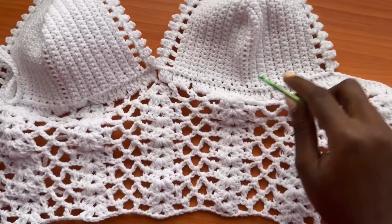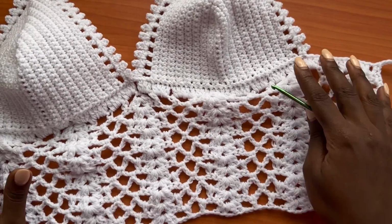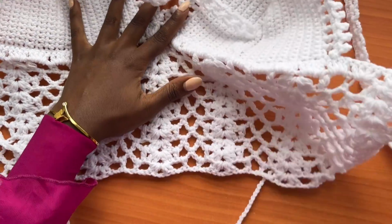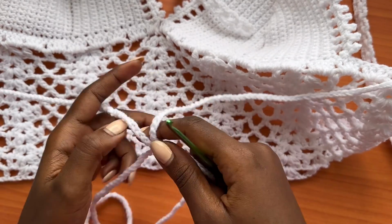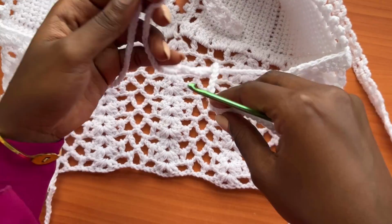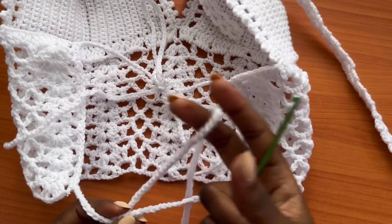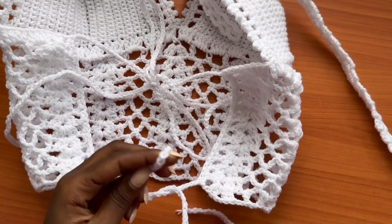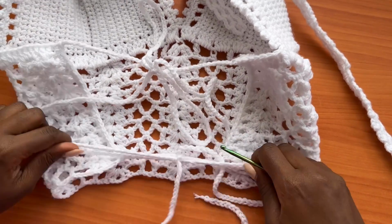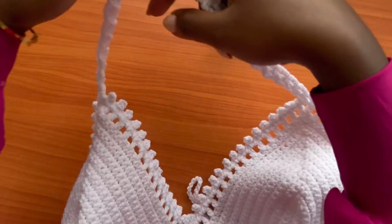Alright guys, so we are done with both sides, and this is exactly what we have. Now the straps that we've created are supposed to tie at the back. So when you turn your work onto the back side like this, you're going to get these straps and tie them together when you're wearing this top, something like this. So this band is going to wrap around your torso like this, and then we shall have a beautiful bralette created. And then the 2 straps that we created at the top are the ones that are going to go around your neck, just like this,